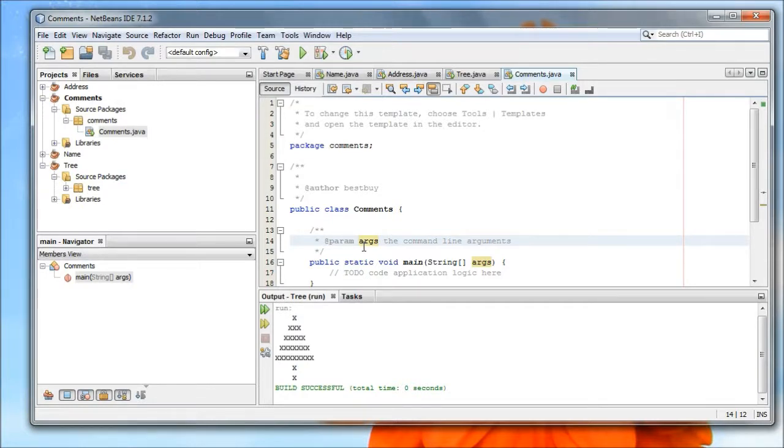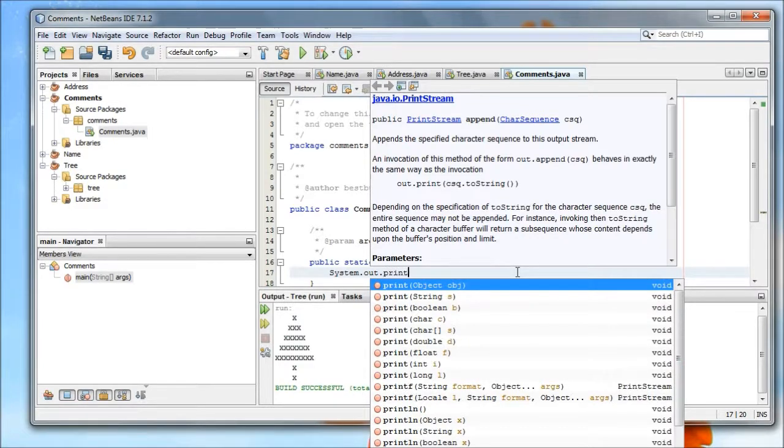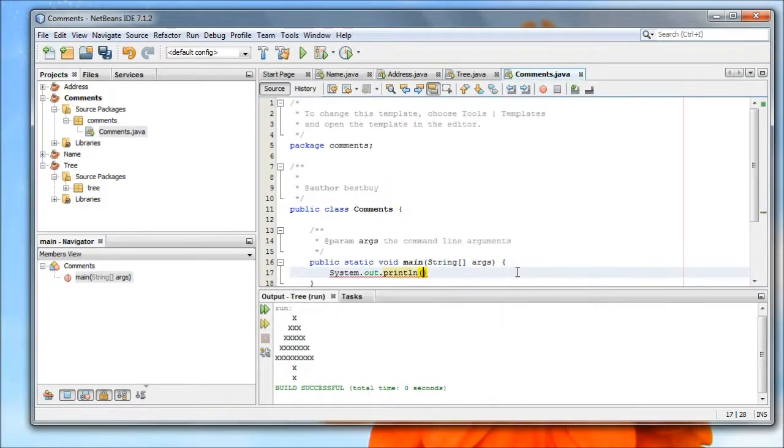So in this particular case, what we're going to do is write a very simple thing to explain what a comment is. So I'm going to do it the same way I've done it in the last couple of videos. System.out.println. Alright, and we're going to say a comment is a